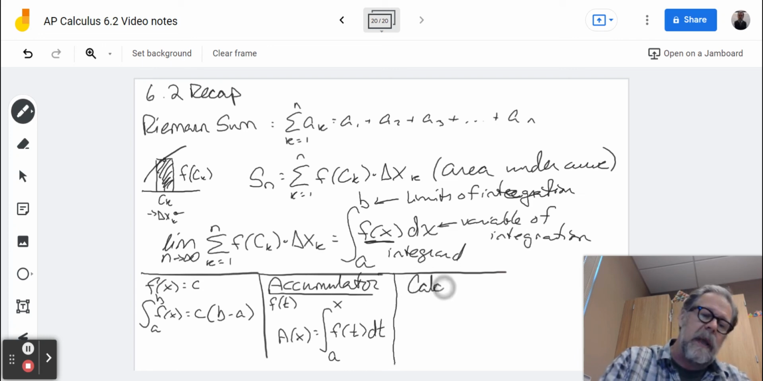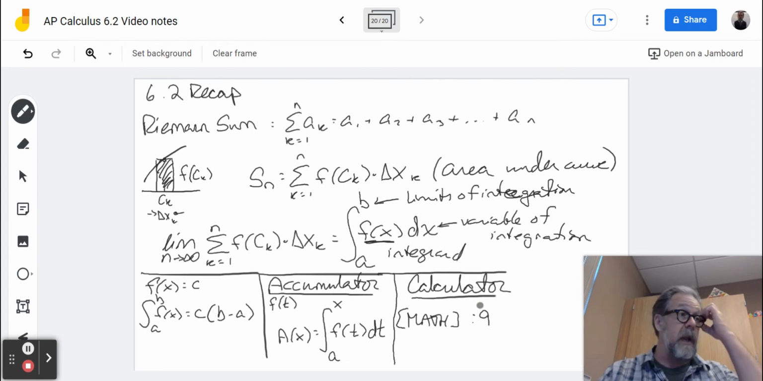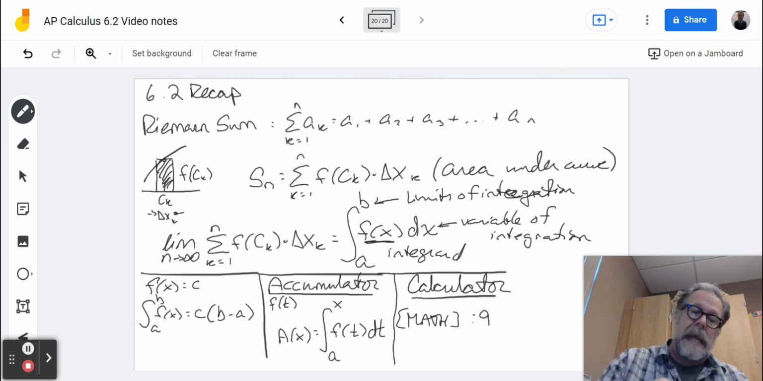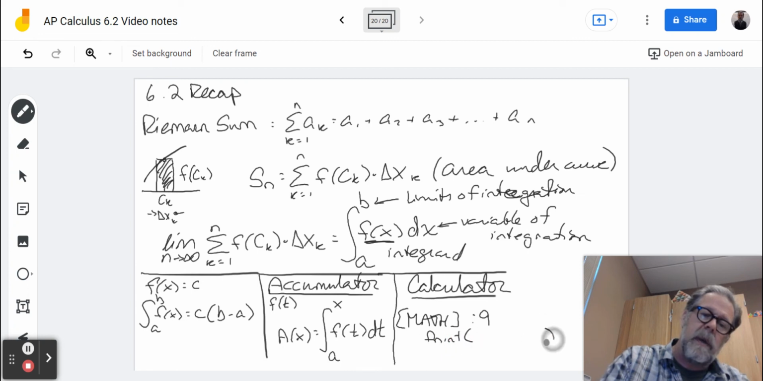And finally, where do we find integrals on our calculator? On the TI-83/84, math number 9 will give you the definite integral function, and it will either say fn int, and then you've got to type in the function, the variable, and your limits of integration, or it will actually give you